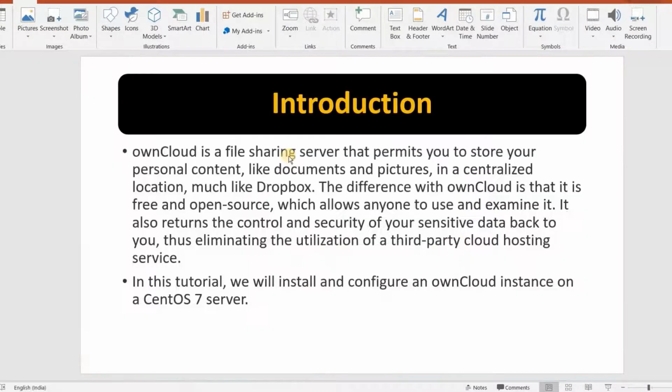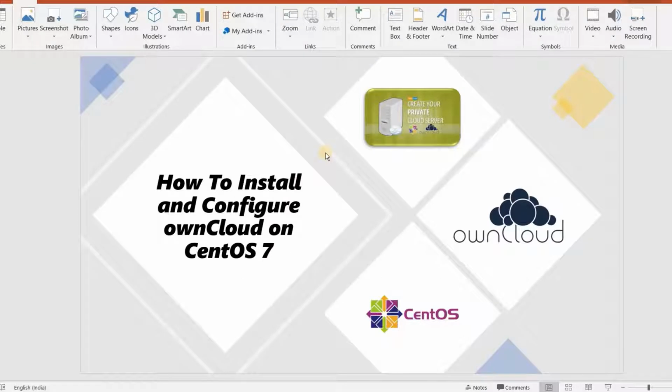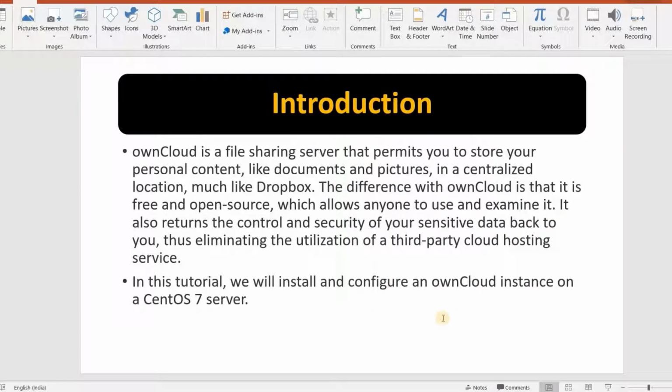So what we're gonna do today, I'm gonna show you how to install and configure ownCloud on CentOS 7. We're gonna do it on a CentOS Linux operating system. What we will be installing is ownCloud. This is the cloud service which we'll be using for our purpose, and we can create our own private cloud server. That really sounds cool to me. So let's begin. Now let me first give you an introduction, like what is ownCloud and how it functions